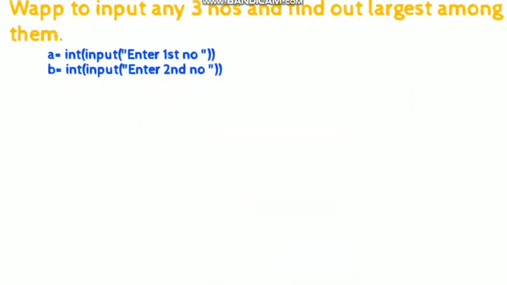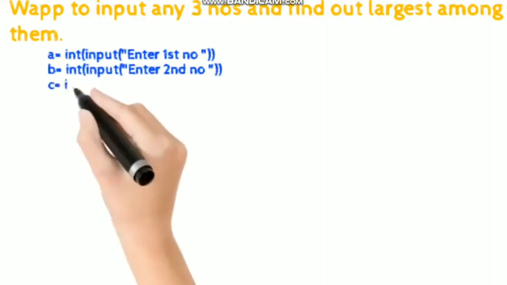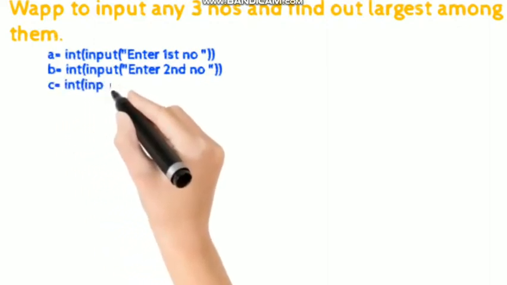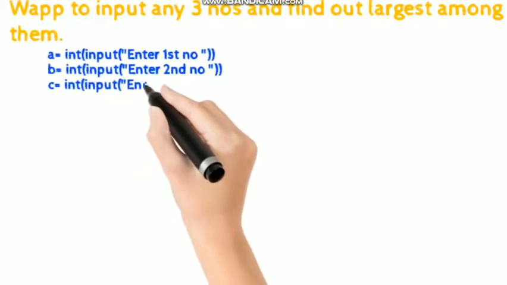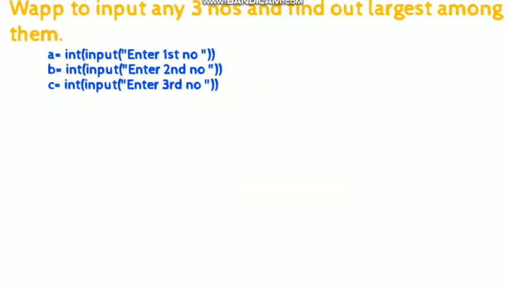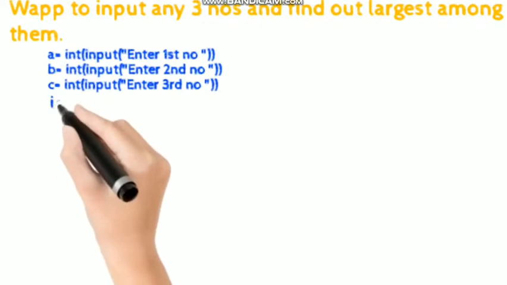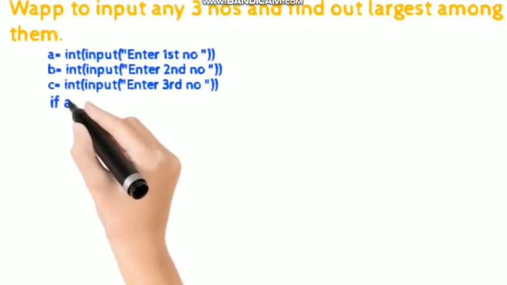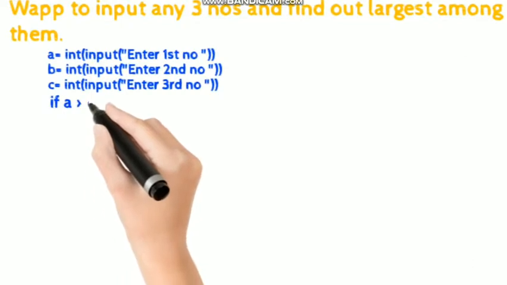So in this way all the 3 numbers will be asked from the user, and when the user inputs those 3 numbers separated by spaces, all will be collected and stored serially in the variables a, b and c. So at first a, the first variable, will get compared with b. For that we need to specify if a greater than b, as we are going to find out the largest among them.